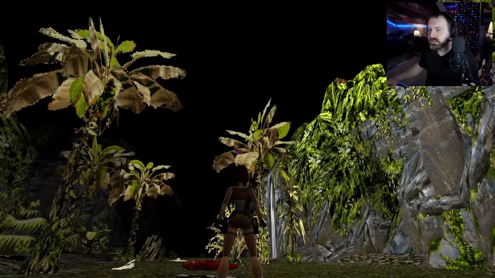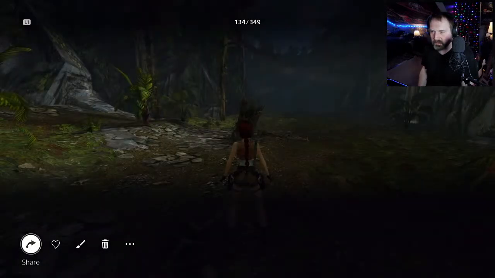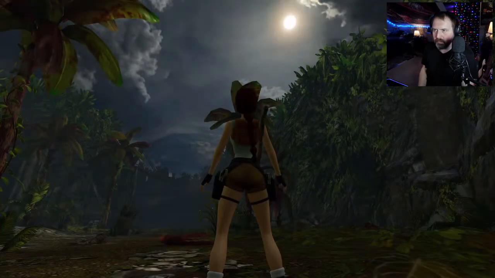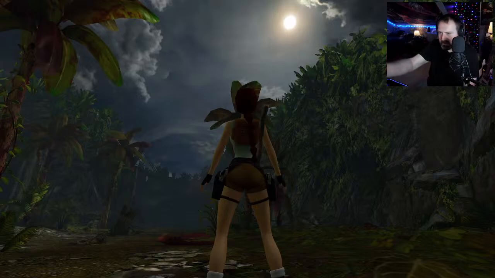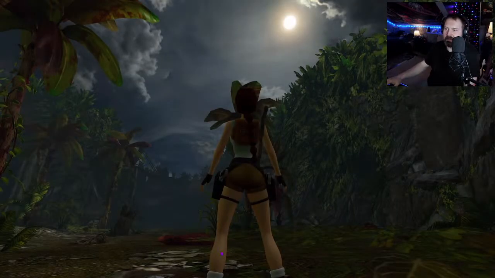Oh, here is a huge difference. This is a huge difference. See, in the old school version the sky was kind of non-existent, so it was black. In the updated version, I'm standing in the same location here, but they added a skybox and there's a sun and everything. Same location. See the dead dinosaur down here? Same exact location. This one really shows the difference in graphics. The thing is still dead here, but there's a whole sky they added. I don't think I'm going to get a much better comparison than this one. That one really shows the difference they made.